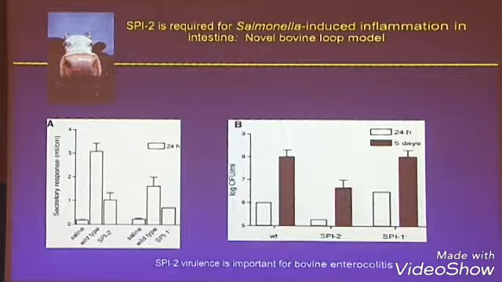And of course, you put in wild type, you get big fluid accumulation. And if you get a SPI-1 mutant, of course, you get a decrease in fluid. But look at this. We're seeing a decrease also in the fluid accumulation in a SPI-2 mutant. And that was very perplexing, but the data overwhelmingly basically always told us that SPI-2 played a big role in the fluid secretion in the early events of gastroenteritis.